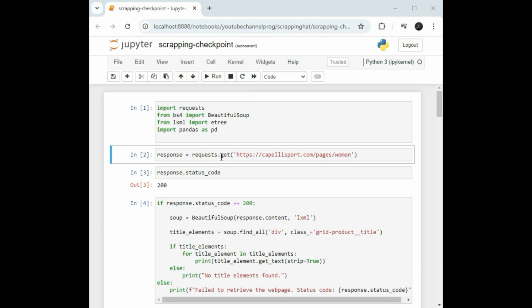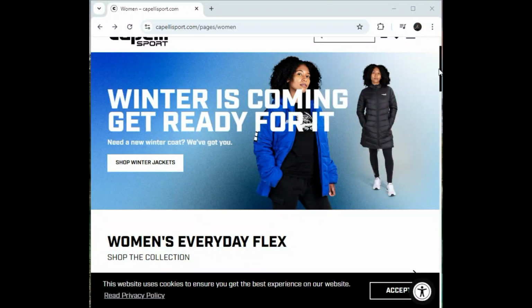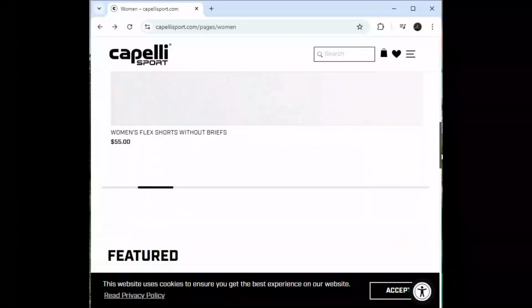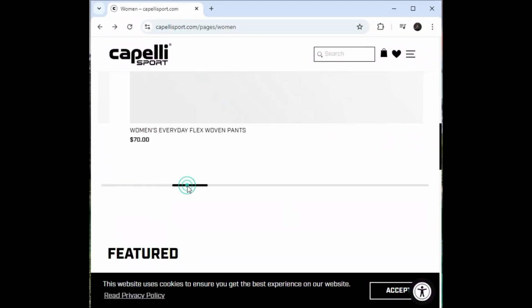And now in this line is where we send an HTTP request to the specified URL we want to work with, which is the women's section of Capelli Sport. So at first the scraping will be done on this section of the website where all the products are listed together. There are a few products on this section,